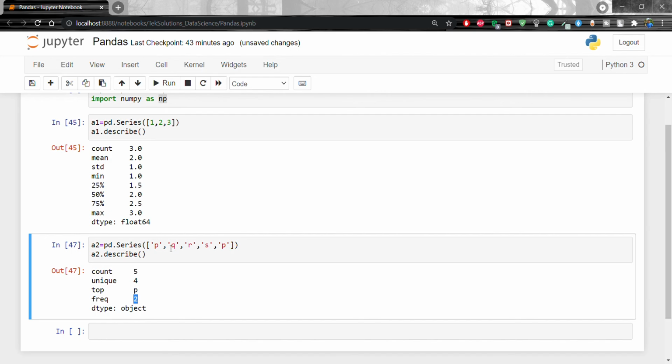After that, instead of number, I am going to use np.object. That is going to take care of the object column only. Shift enter. We have count 3, unique 3, top p and frequency 1.